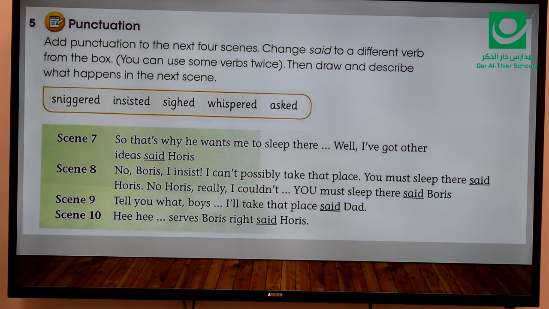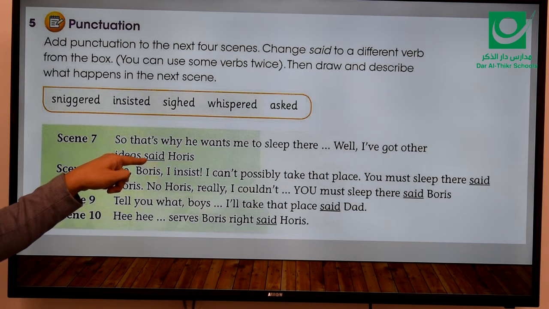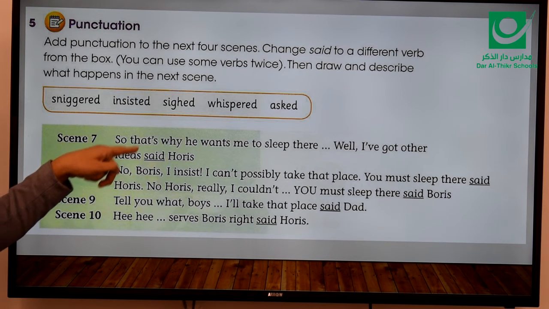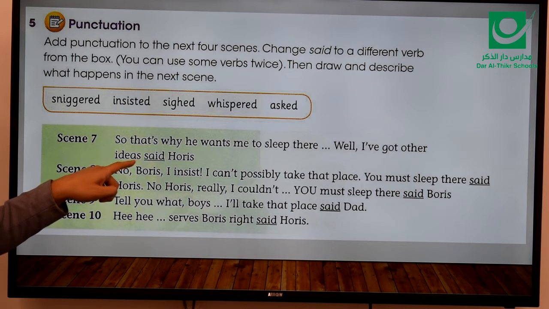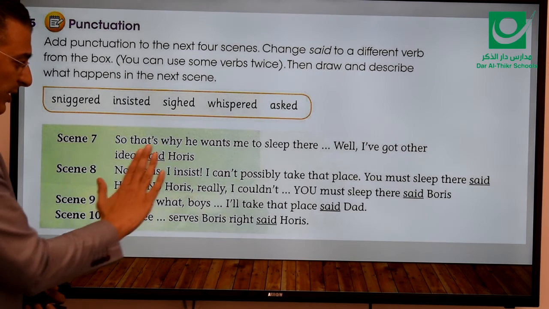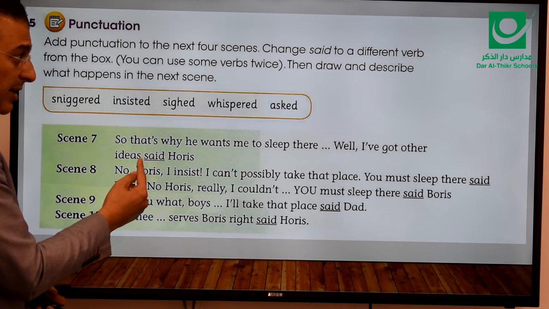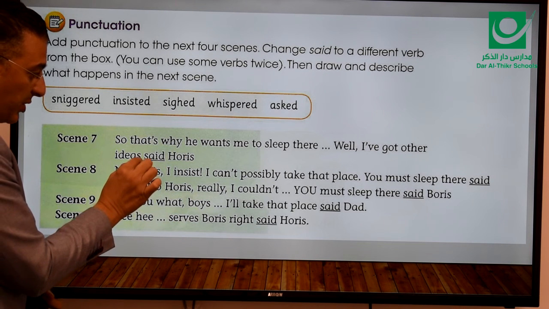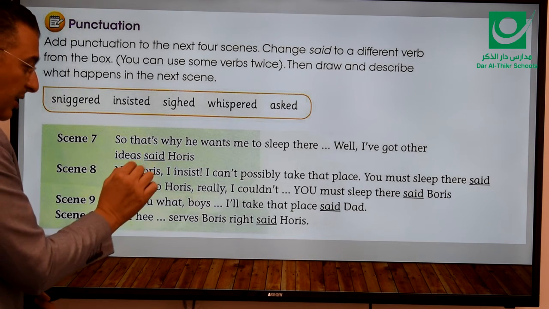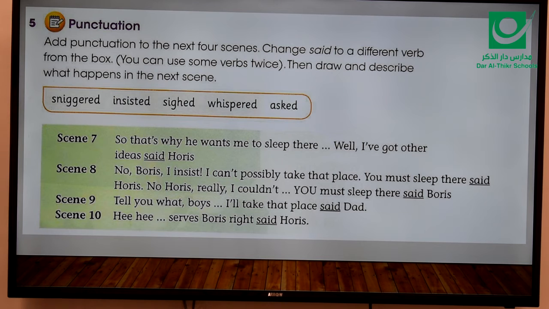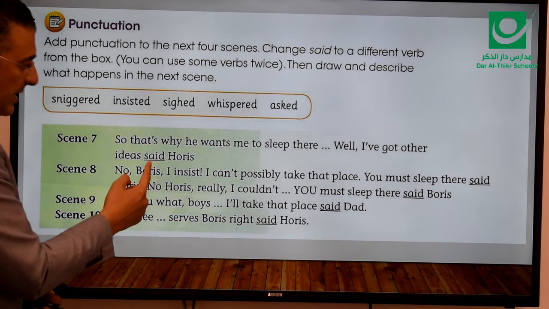Where should we put the speech marks? Yes, you're right, in the very beginning here, and before the word said. Here, this is the end of his speech. What should we do here? Should I put a full stop or a comma? If I end with this, so we need a full stop, but I need to put a comma here because I completed with the speech verb. So a comma here, and after that the inverted comma, said Horace.